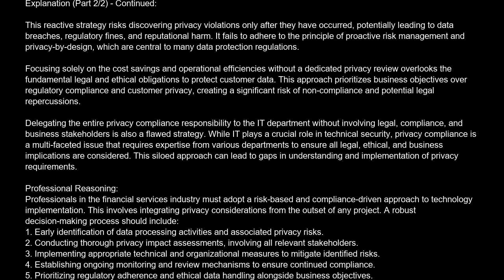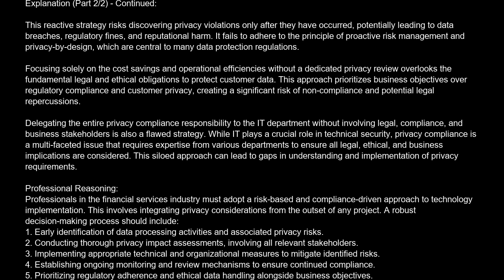Focusing solely on the cost savings and operational efficiencies without a dedicated privacy review overlooks the fundamental legal and ethical obligations to protect customer data. This approach prioritizes business objectives over regulatory compliance and customer privacy, creating a significant risk of non-compliance and potential legal